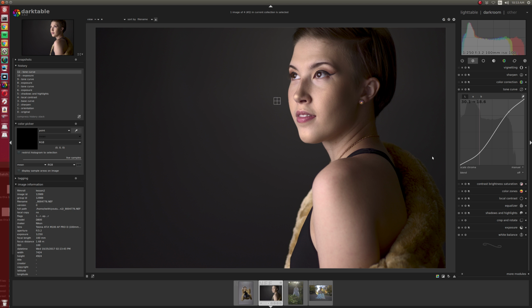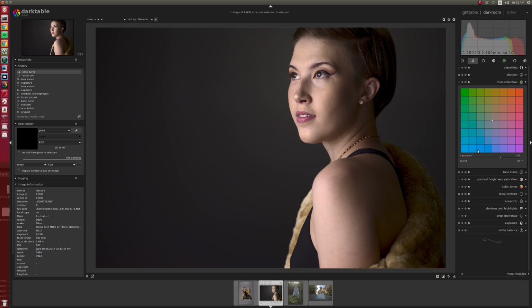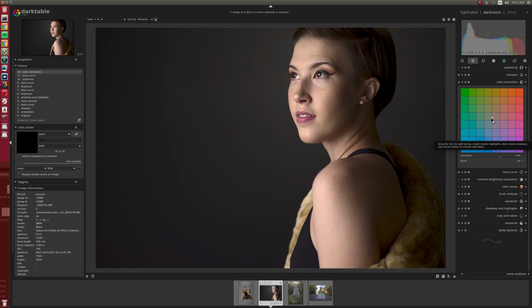Let me see, should I do this with a mask on something else? No, let's talk about masks separately. Let's talk about colors. I love this module. There are two dots here. There's a white dot and a dark dot. And a little bit like the tone curve,